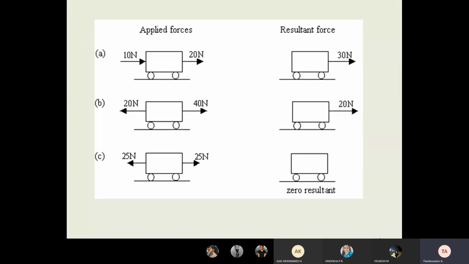See the first picture, the two forces acting. Understand? 10 Newton, 20 Newton. So what is the resultant force? 30 Newton. What is the equilibrium condition? Resultant force must be 0. Understand? When the resultant force is 0, we have to say this is equilibrium, a rest condition. Kaviraja, the resultant force 30 Newton acting. Suppose I want to make an equilibrium for this first picture. What should I do? Tell me.